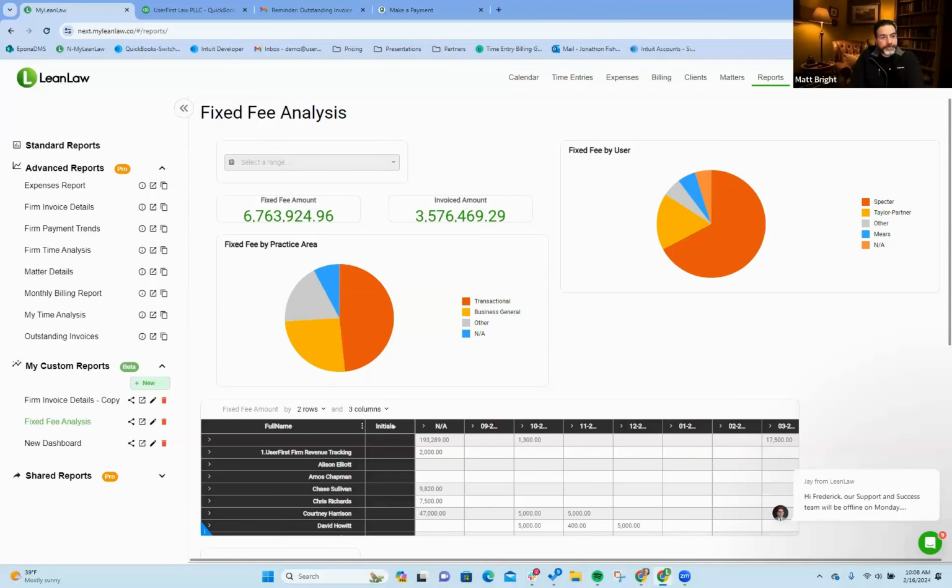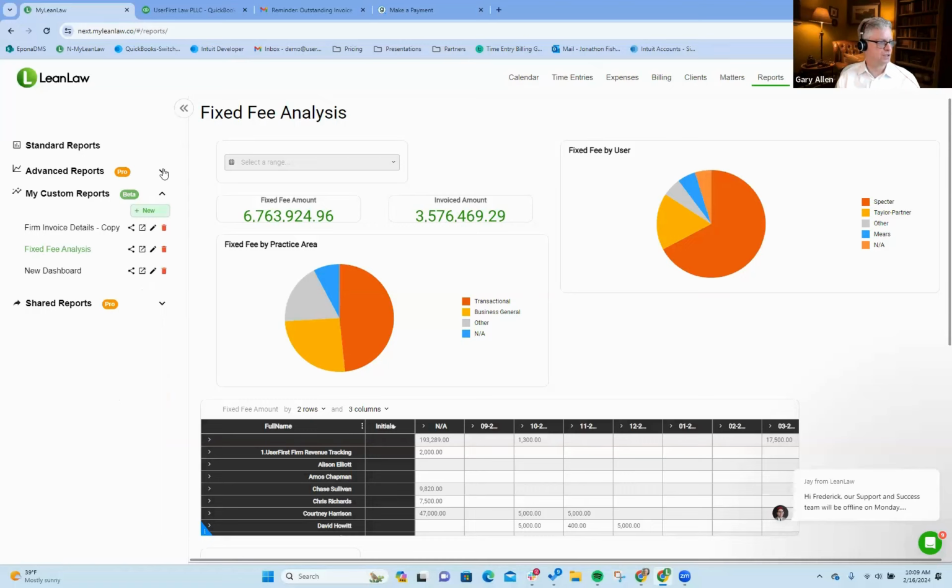Earlier, Gary, you had mentioned a little bit about compensation and why that's important to firms. Can we maybe see how we can work with that in this system? Yeah, so compensation is one of those key business things, obviously. And as I said, I'm a big fan of production-based compensation. And so a lot of firms do that in some form or another.